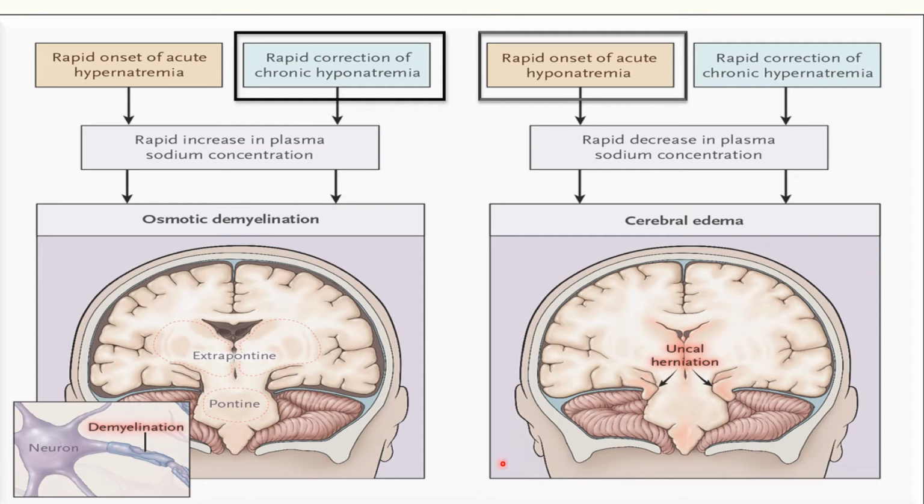The distinction between acute and chronic is 48 hours, because in 48 hours the brain is able to adapt to the hyponatremia which has set in and thereby decrease the swelling which has occurred. So acute and chronic are distinguished at 48 hours. If you do not know the duration of hyponatremia and the patient has come to you, you assume that it is chronic.